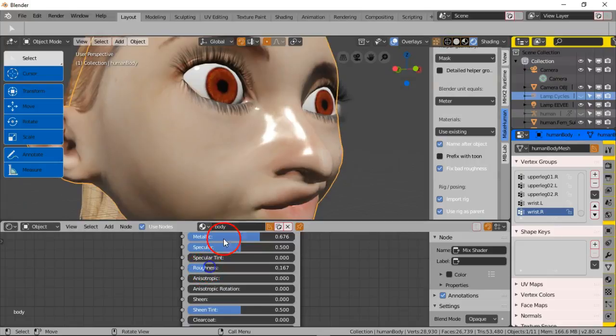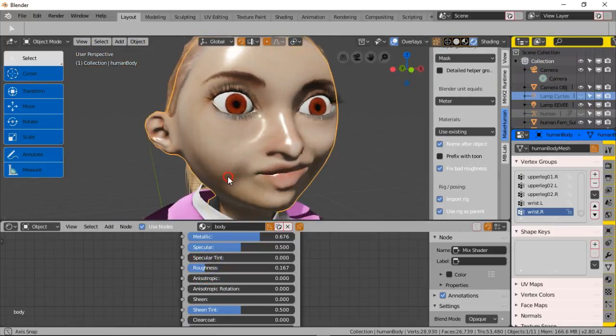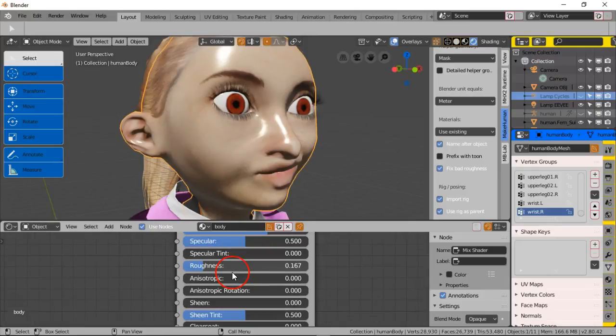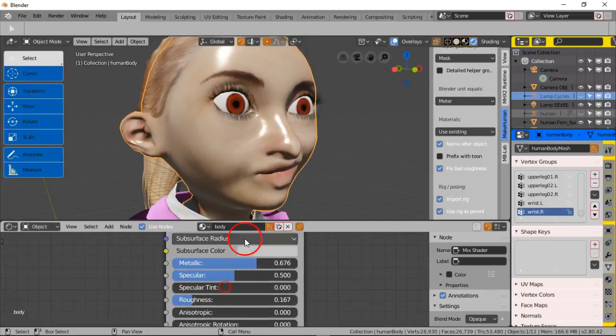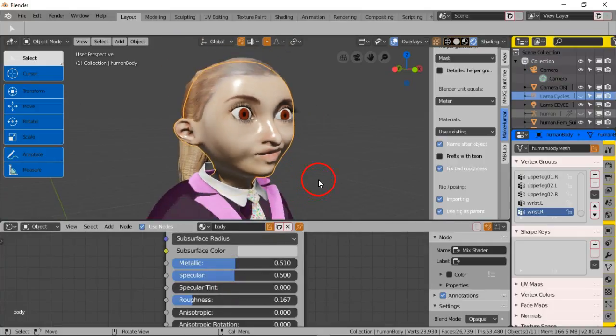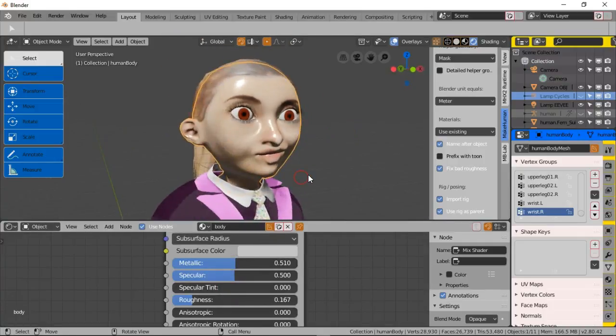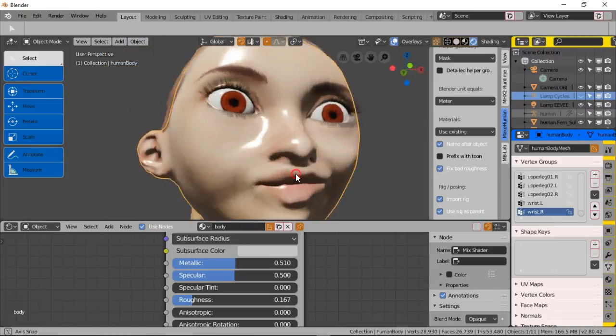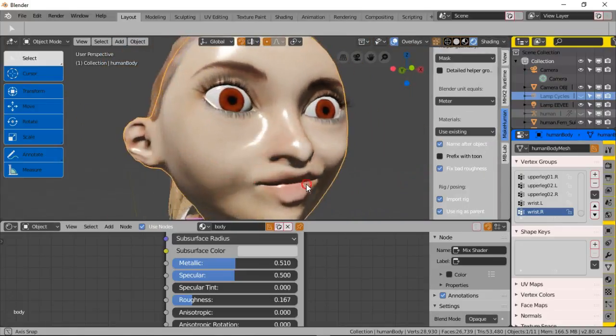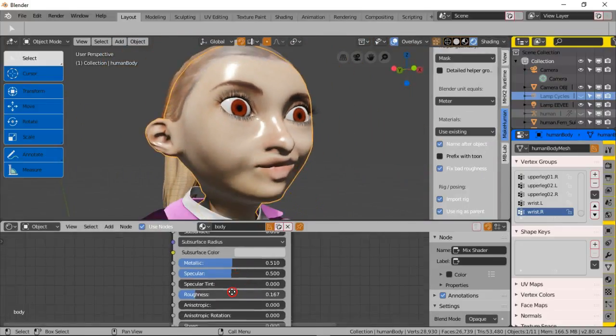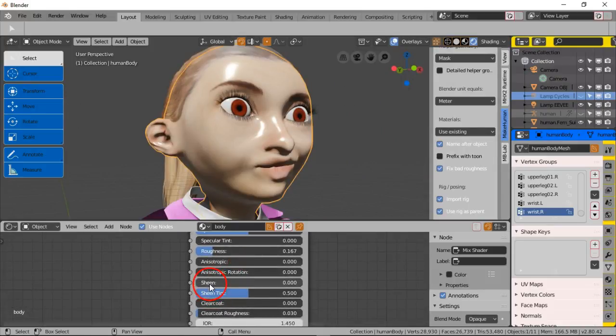See, so even in EEVEE, in the EEVEE render engine, it will bring out much higher level depth and texture feel for the actual skin. So there you go with that. I just wanted to show y'all folks that part is really powerful, what you can do. And then you have